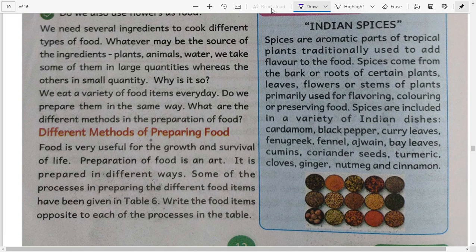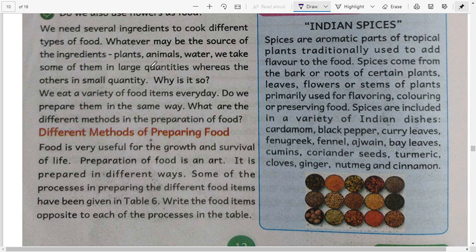We need several ingredients to cook different types of food. That means if we want to cook different types of food, we need several different items. Whatever may be the source of the ingredients, plants, animals, water, we take some of them in large quantities. If we want to make some food items, we need large quantities of water.